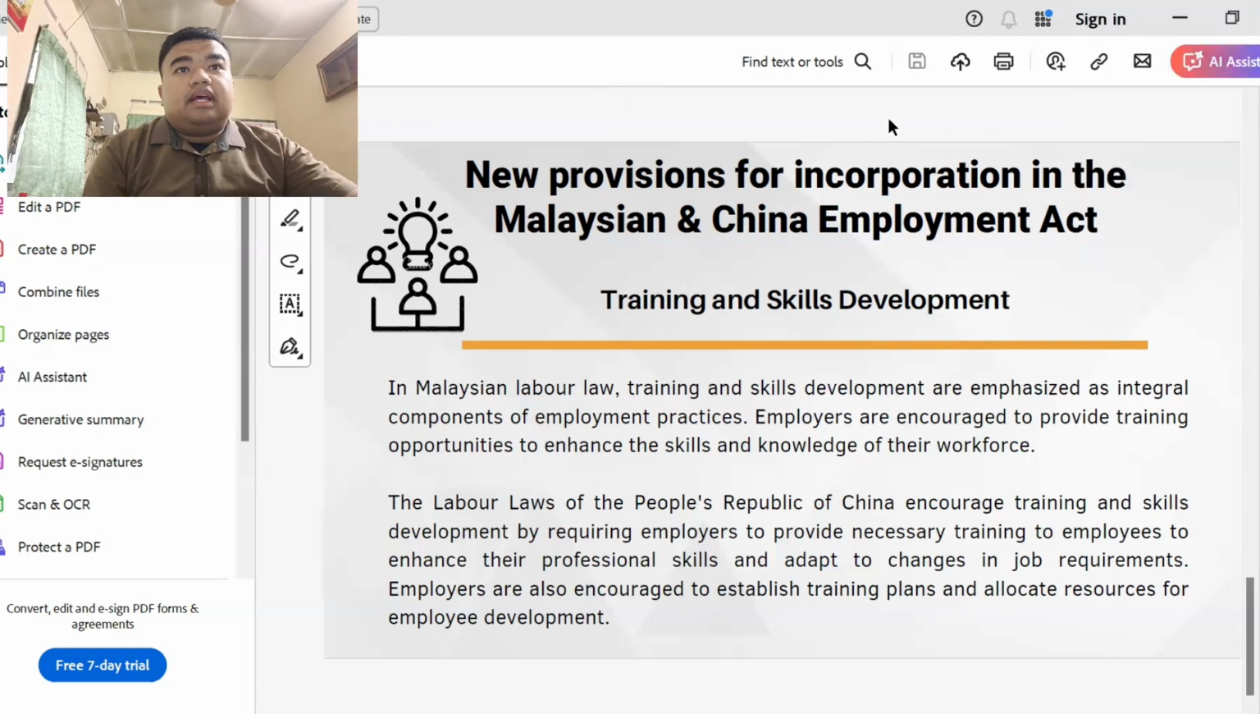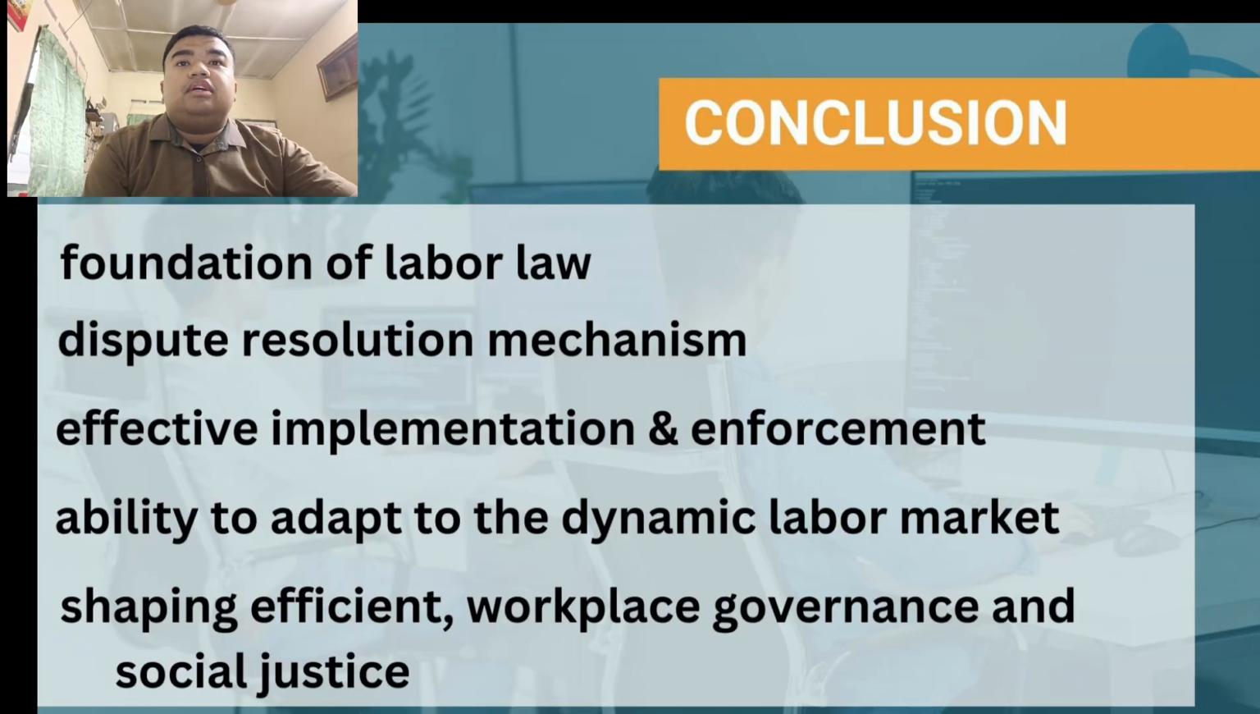In conclusion, the Employment Act stands as the foundation of labor law, providing a comprehensive framework to regulate the rights and obligations of both employers and employees in the workplace. Throughout the assignment, we have explored the main provisions, the implications, and pointers in contemporary society, from setting minimum wage standards to ensuring fair working conditions and dispute resolution mechanisms. The Employment Act plays an important role in fostering a harmonious and productive work environment. By encouraging compliance with its provisions, employers can foster a culture of respect, trust, and fairness, ultimately improving employee morale